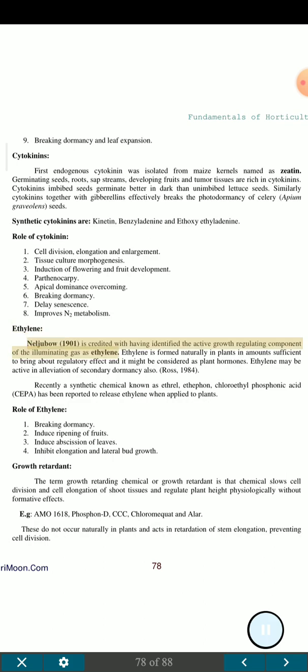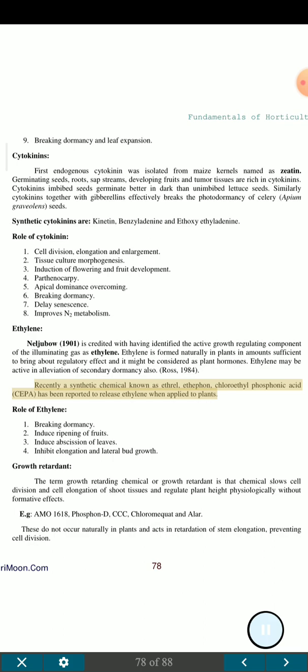Ethylene. Neljubow, 1901, is credited with having identified the active growth regulating component of the illuminating gas as ethylene. Ethylene is formed naturally in plants in amounts sufficient to bring about regulatory effect and it might be considered as plant hormones. Ethylene may be active in alleviation of secondary dormancy also. Ross, 1984. Recently, a synthetic chemical known as ethephon, chloroethyl phosphonic acid, CEPA, has been reported to release ethylene